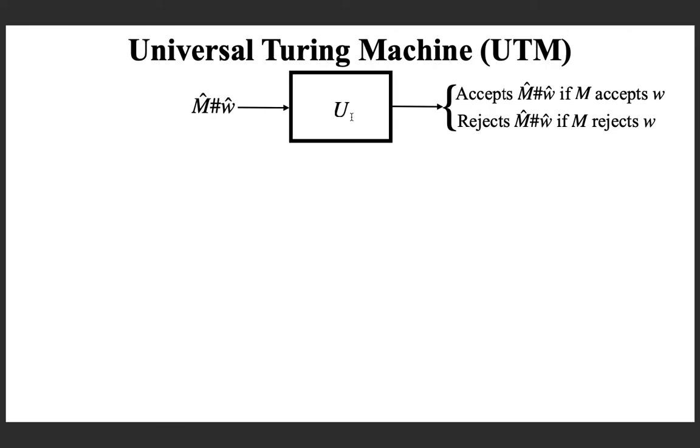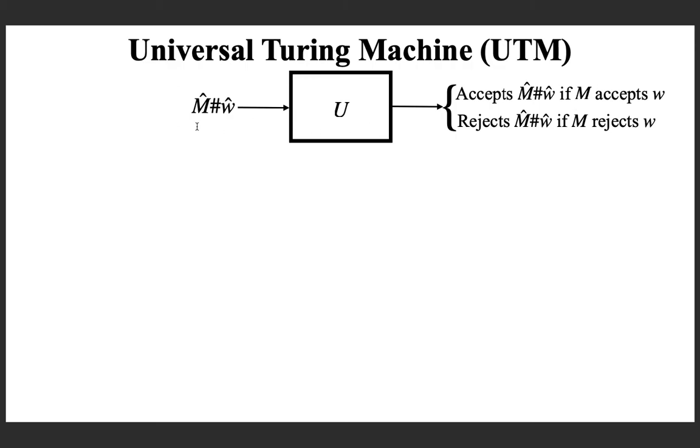So just like we give a program to check primality and a number as input to a computer, here we are giving a Turing machine encoding and an input to the Turing machine, not directly the input, but the encoding of the Turing machine as input to a universal Turing machine. And what are the possible outcomes? What the universal Turing machine is going to do is, just like the computer which runs the primality testing program on the input, it is going to run M on W and accepts the input